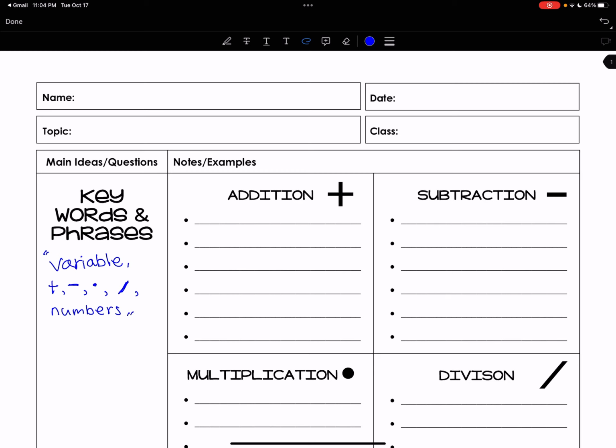And let's see what kind of words we're gonna translate into this addition plus sign,